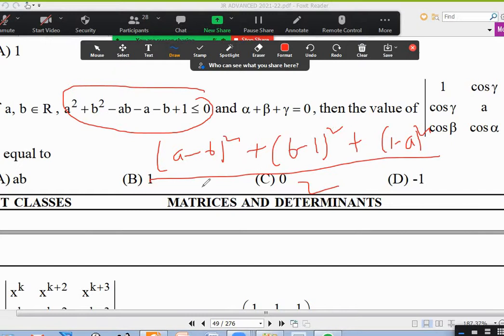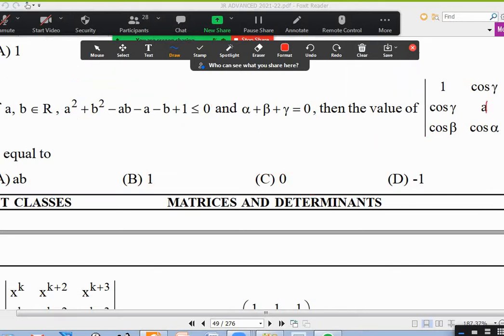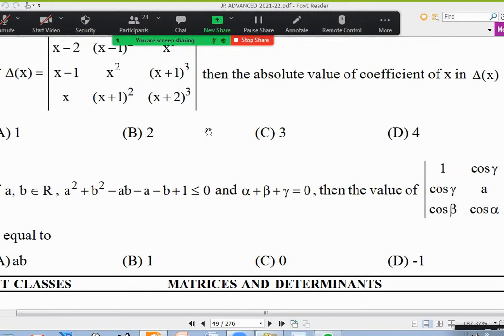Something square plus something square plus something square by 2 can't be negative. It can be 0 only when a equals b equals c. So from this question we can conclude that once you understand that, you put 1 here and just expand normally. But after that, proving that is 0 or something, you need trigonometry. I would have told which questions don't have to do it.